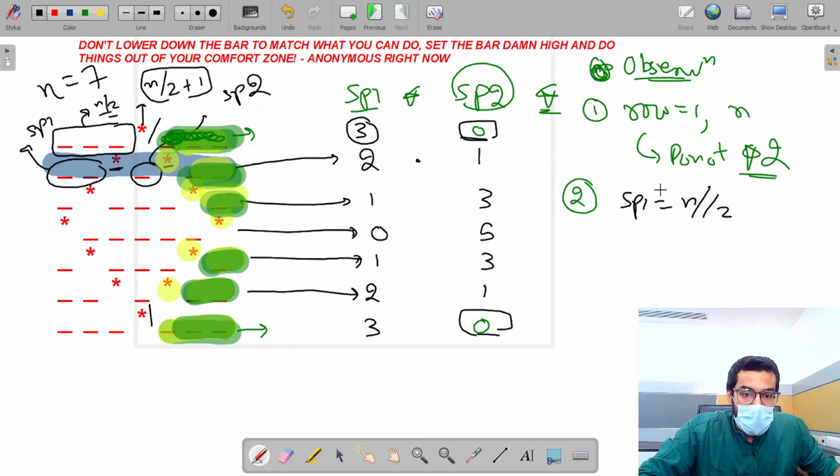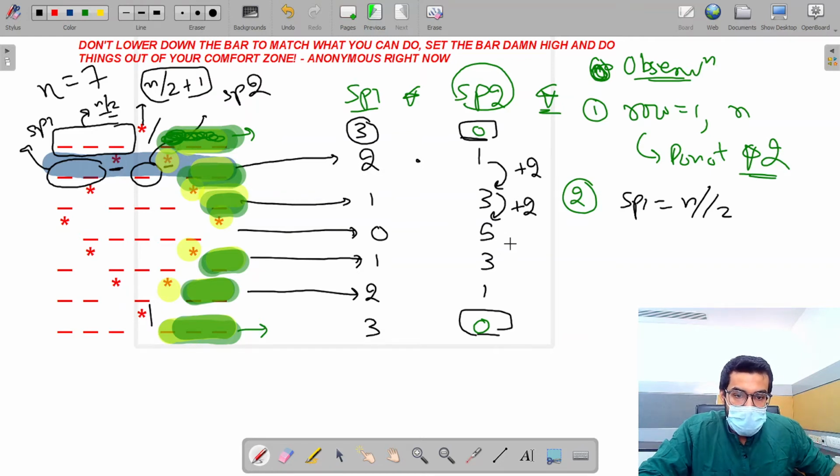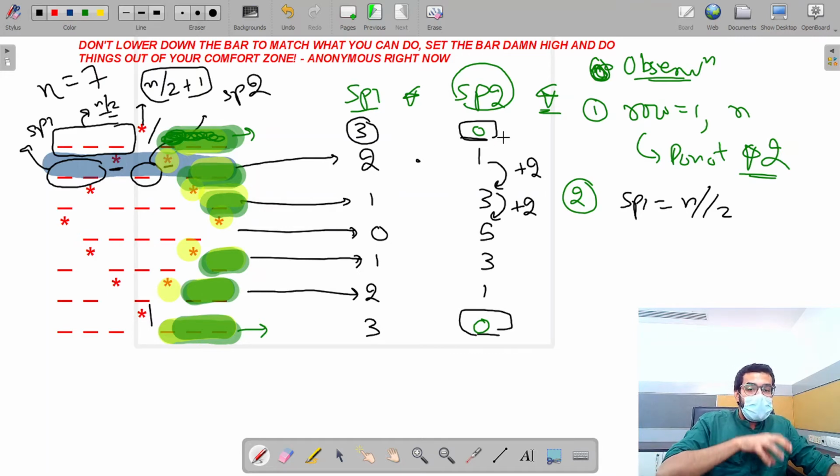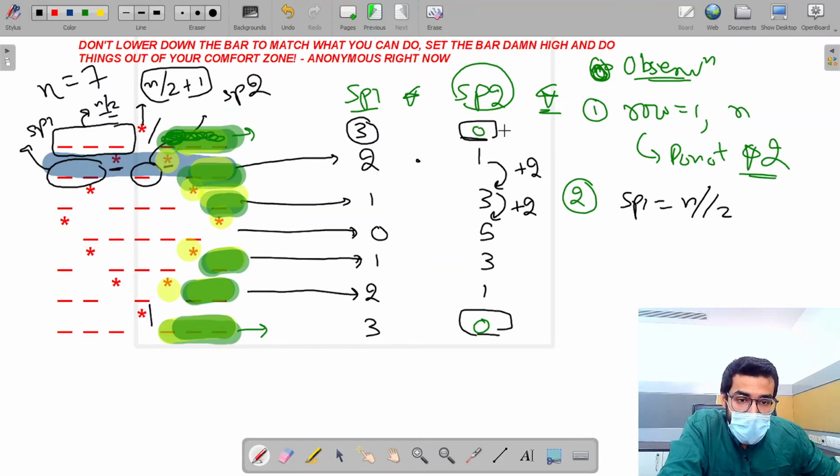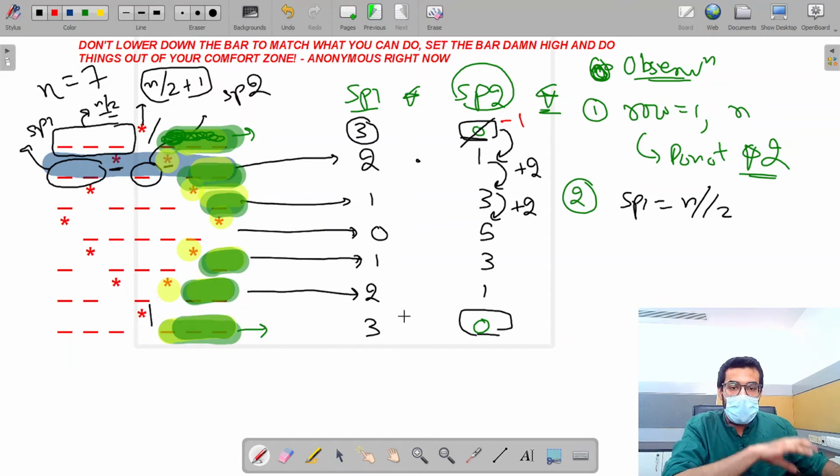Okay, now the initial value of sp2. For that let's see this. From here till here, when we are going, the value of sp2 is increasing by 2. To keep the sequence as it is, and to make sure that the value of the sp2 variable is increasing in some order, in some arithmetic progression, can I say that from here till here, instead of 0, I should be writing -1? I can very well say that, because anyway I'm going to give this value of the sp2 variable to my magic star loop, and the magic star loop is something like this.